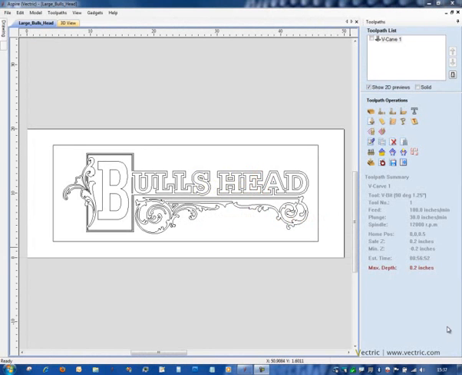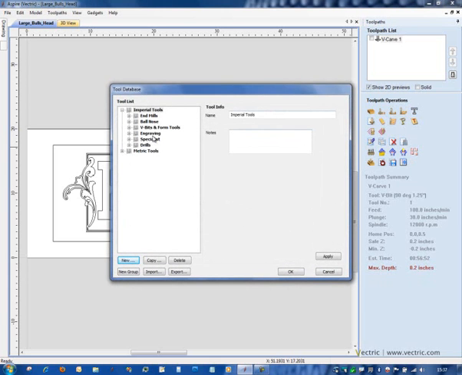In this demonstration, we're going to look at the new ways that you can use to organize the tools in your tool database. To access the tool database, you have a few options, but the two principal ones are either from the Toolpaths menu at the top, or alternatively from the tool database icon on the Toolpath tab. So if I click that, I open up straight away into my tool database,